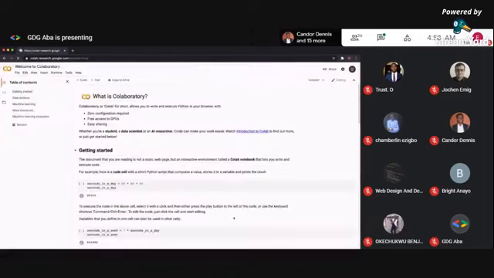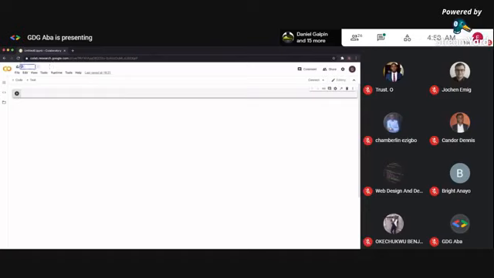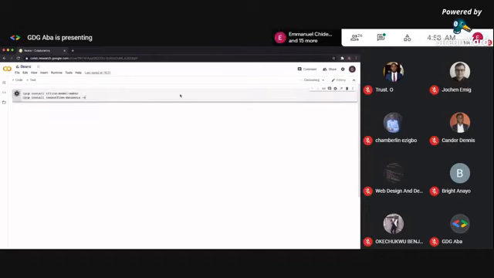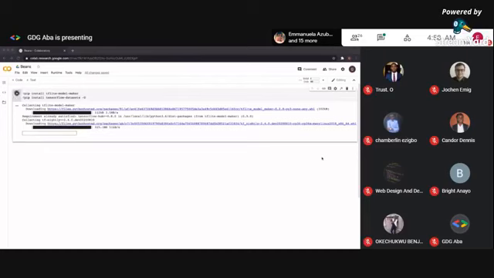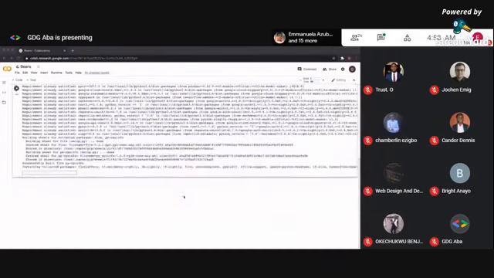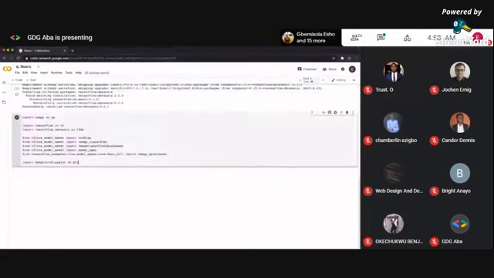Let's start with a new notebook. Let's just turn the title to beans. We will need to install some packages that we are going to use later. These packages are not installed on your machine. They are on a cloud machine that was created for your Colab. Nice, it finished installing the packages.